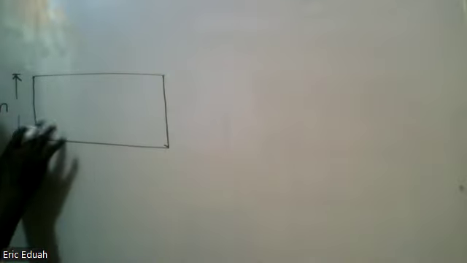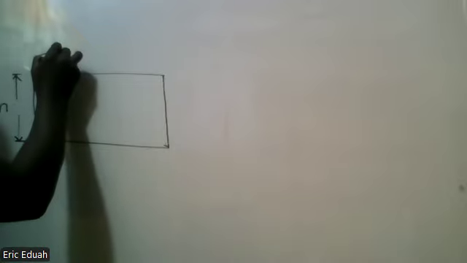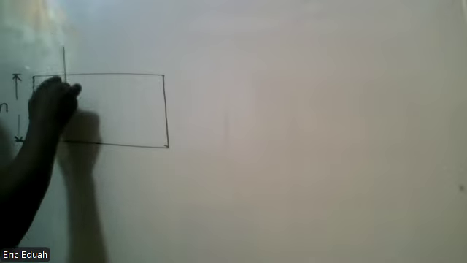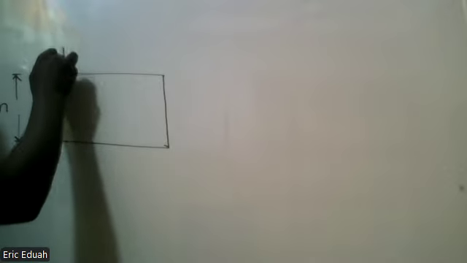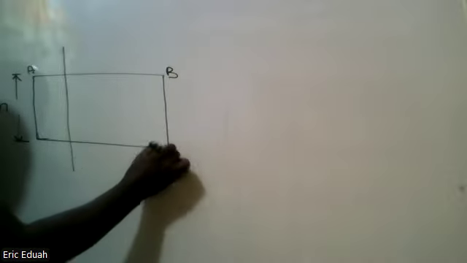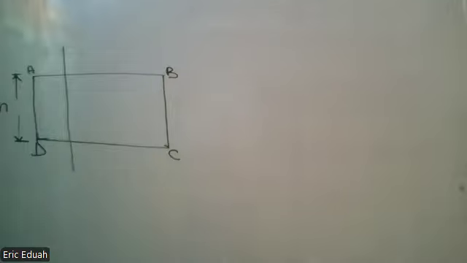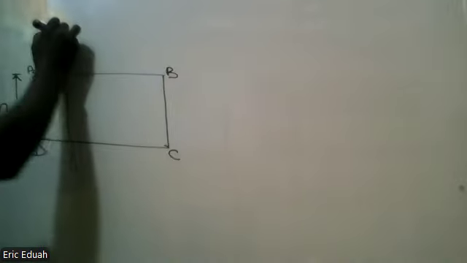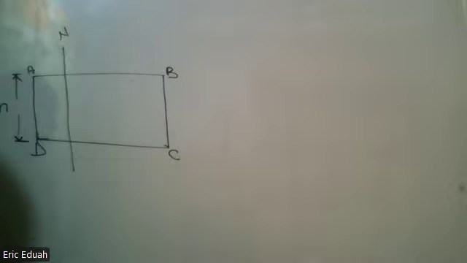So we draw a normal. Usually in the lab, you trace the outline of the glass prism. Then you draw a normal. A normal is a virtual line which is always perpendicular to the boundary or the horizontal boundary. Let's label the points A, B, C, D. So this is the normal. So in the lab,